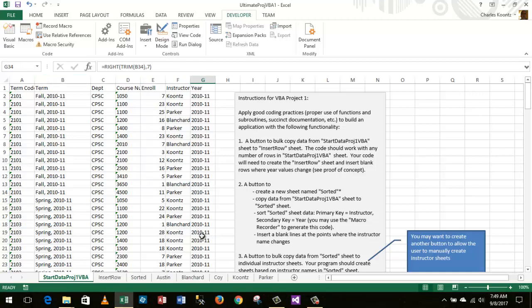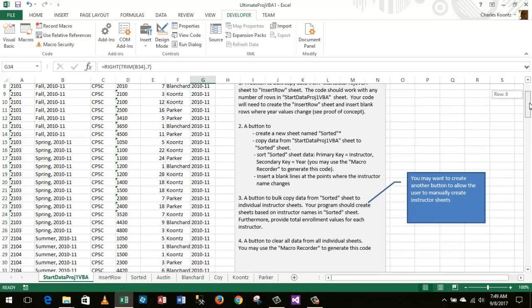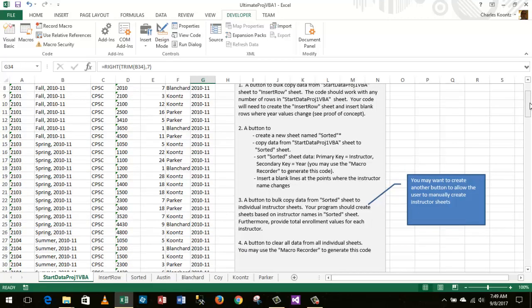Column 7, you'll be using column 7 as the secondary sort key. Okay, so you'll sort the data, and I also tell you to insert blank lines at the point where the instructor name changes. Now, you're going to have to eventually use this sorted sheet in order to copy out the